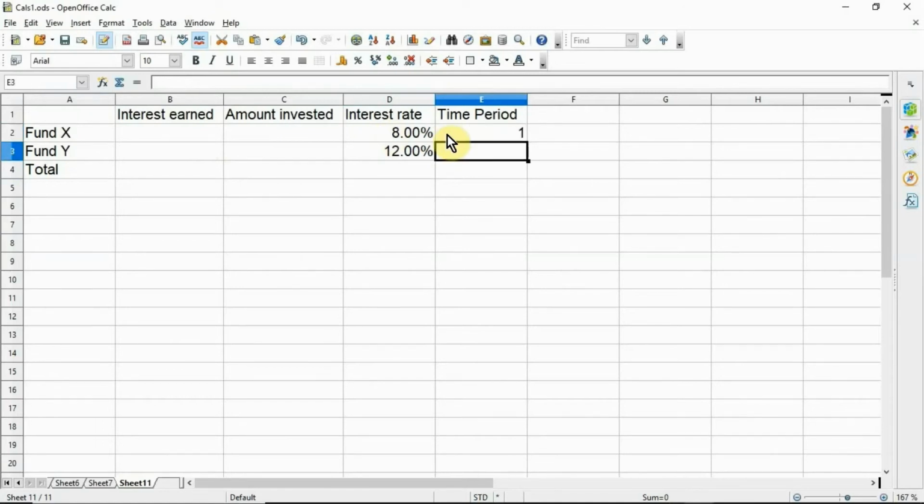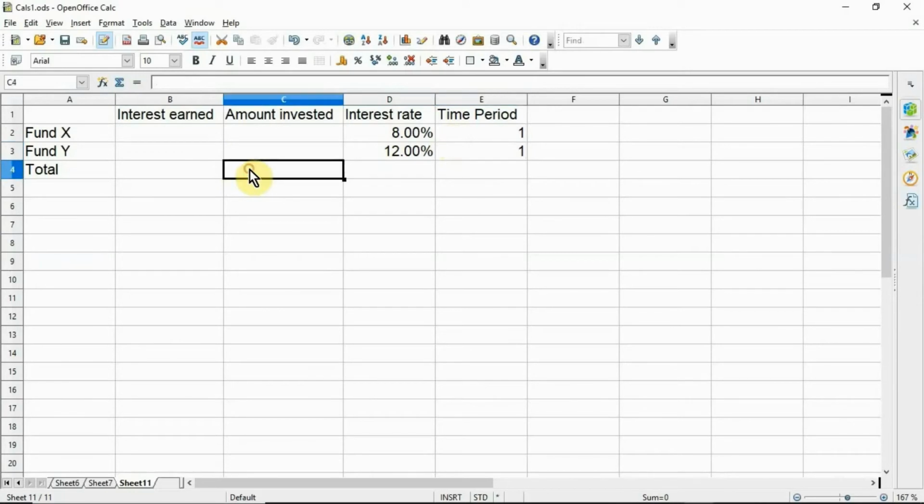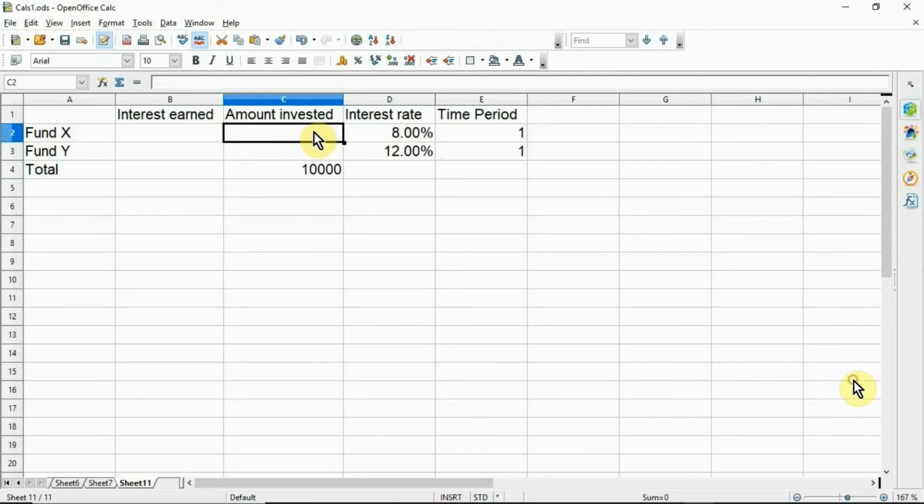Both are 1 year, and the total amount invested, $10,000, in cell C4. Enter an arbitrary value 0 in C2 as the amount invested in fund X.